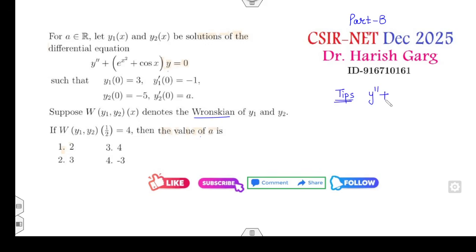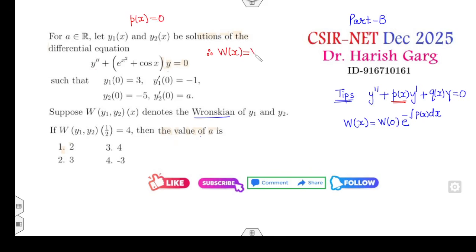We all know that whenever you have the differential equation y double dash plus p(x) y dash plus q(x) y is equal to 0, you can define the Wronskian at a point as Wronskian at the point 0 times e raised to power minus integration of p(x) dx. If you compare, p is the coefficient of y prime, and in this case p will be 0. Therefore, the Wronskian at the given point is the Wronskian at the point 0 times e raised to power 0, which is 1. Now if I substitute x is half,